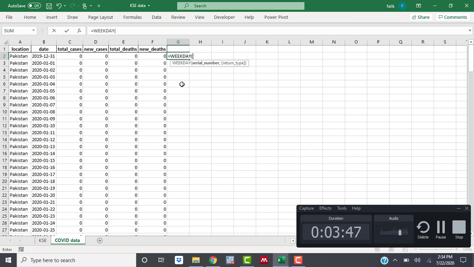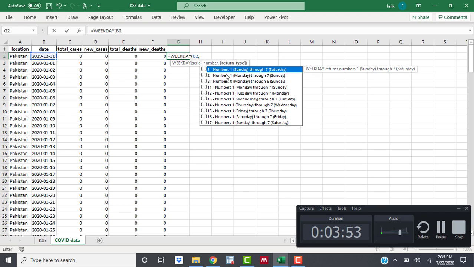This function basically converts a date into a number according to the given hierarchy. For example, we want that Sunday should be 1 and Saturday should be 7. So it will arrange the data likewise.